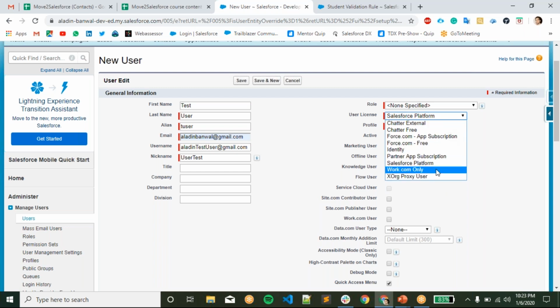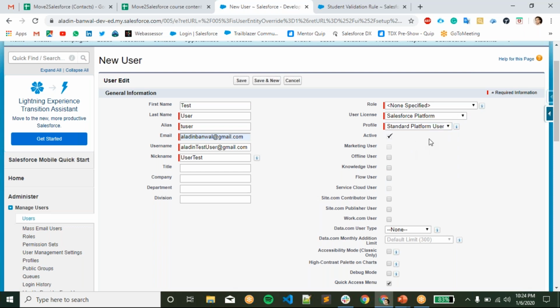These are all free now, so they don't have many limits. But if you want to increase your limitations on everything, you can purchase from Salesforce anytime. There may be some price, so you have to pay and purchase.